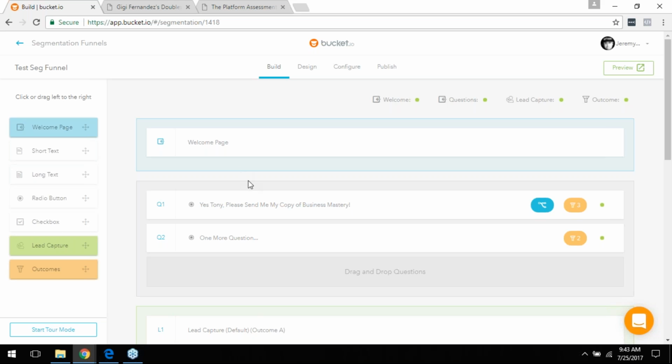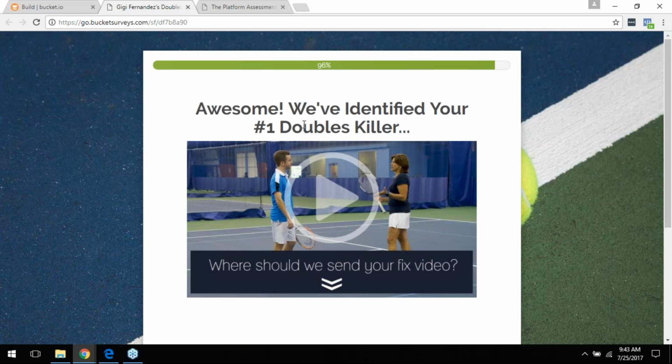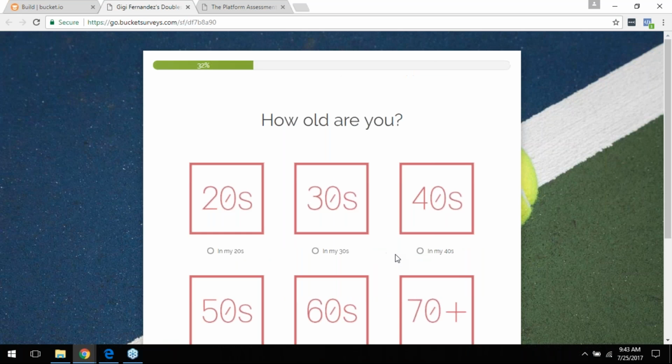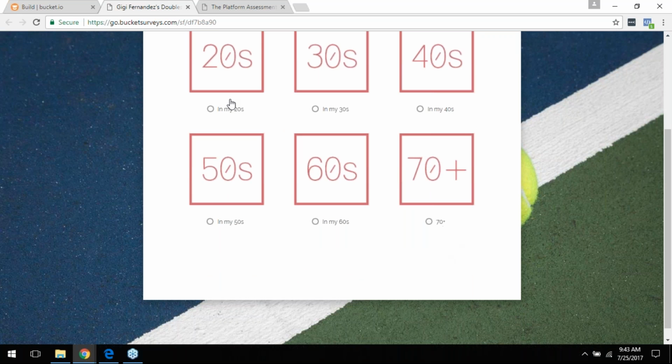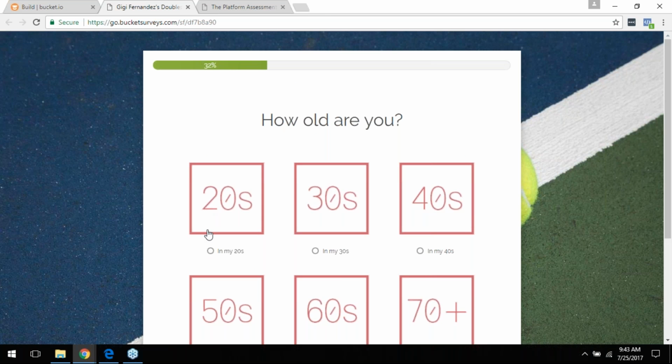And now we're going to get into some of the deeper stuff here. So when it comes to asking your questions, the main type of segmentation question that you have is the radio button. You'll notice on these, I'm just going to start at the beginning of this one, just so you can see it in action. Every one of their questions is a radio button, right? You could choose either or. I'm either in my 20s or I'm in my 70s. You notice there's not a lot of checkboxes here because you can't be both. And I'm going to explain to you why it's so important that, on segmentation funnels, you try to stick to radio buttons,